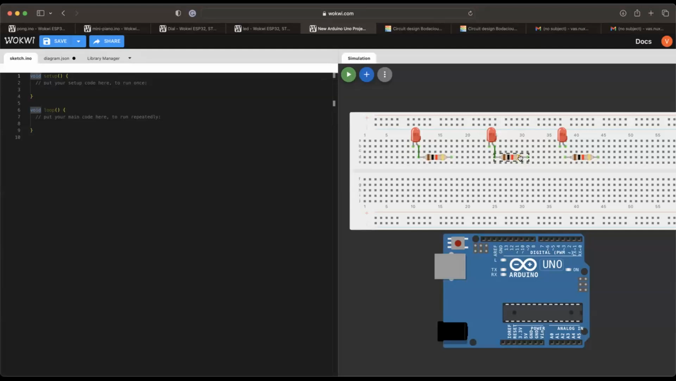Could you say that again? So right here, LED 1A, connect that to